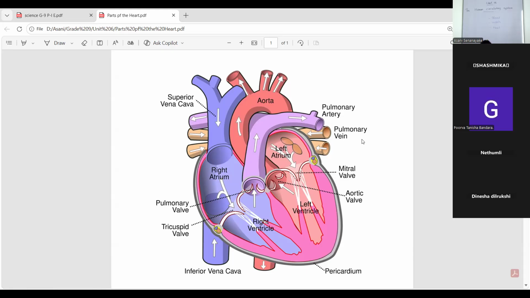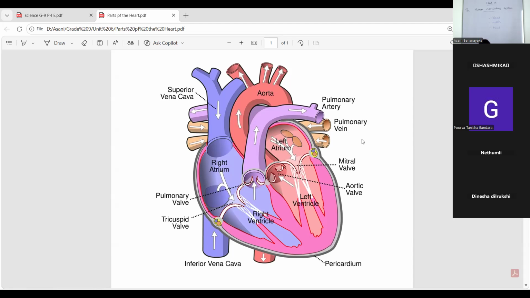So we will discuss this one in detail. Okay, so why am I showing this picture, students? In the exam, as I told you, they will ask to mark or label the parts of the heart